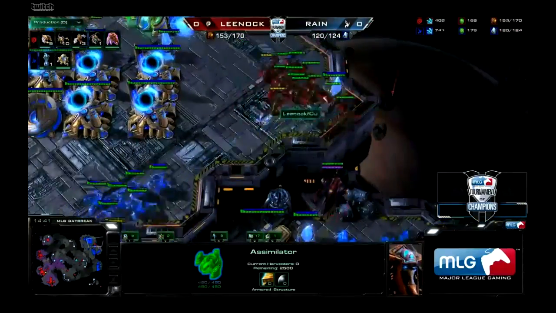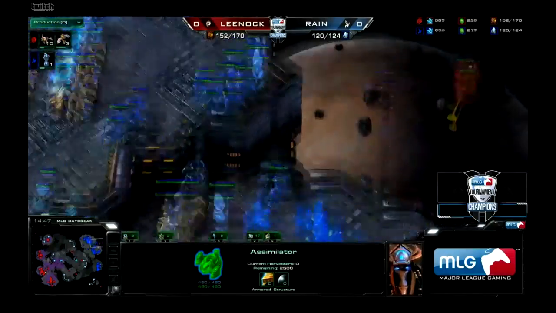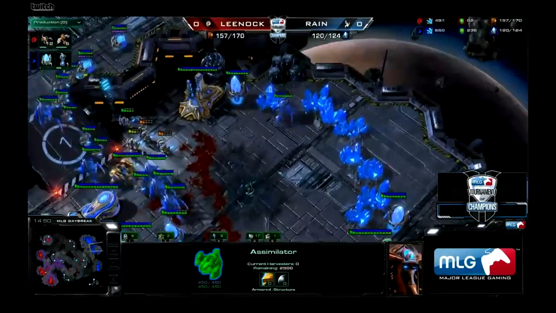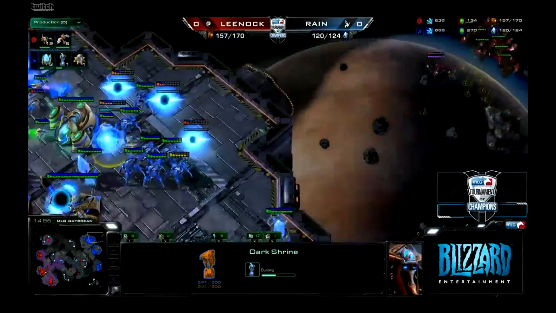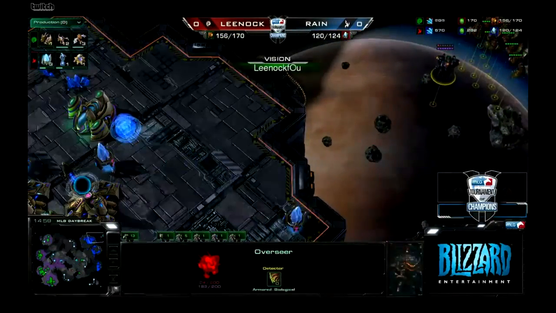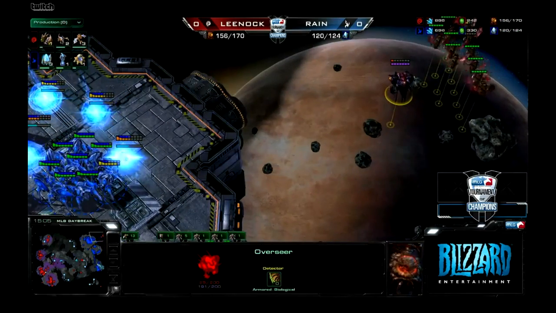Getting maximum value for those Zerglings. The Mutas able to maintain their count, and I feel we can sense a desperation in Rain here as a Dark Shrine is underway. Yeah, okay, he placed that in his main base, so it's definitely going to be visible here from Leenock. In fact, he's already seen the Dark Shrine, so Leenock knows exactly what's going on,